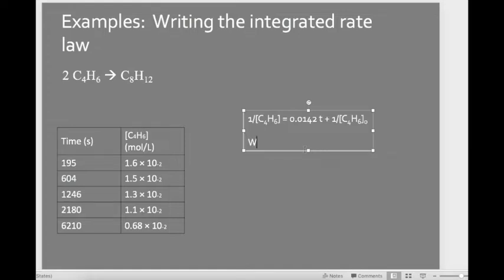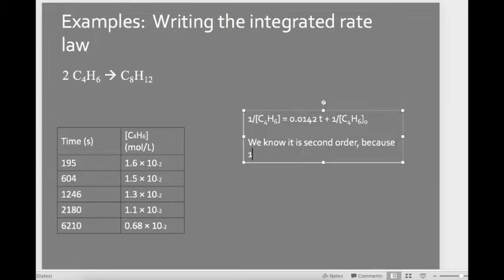We can say that we know it is second order because 1 over the concentration yielded